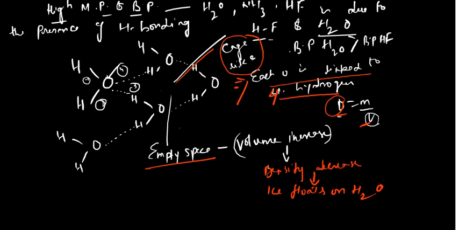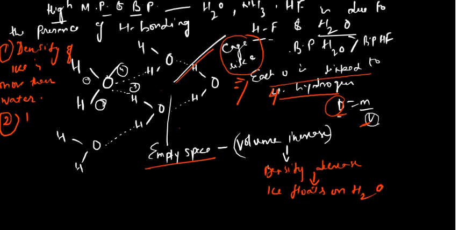Due to this hydrogen bonding linkage, one abnormal property we have shown is that the density of ice is less than water. Now there is a second abnormal property, high boiling point,